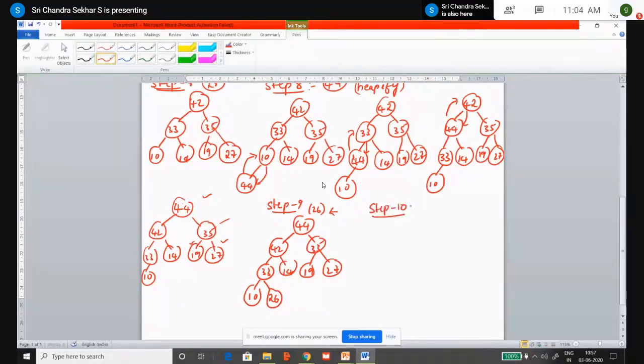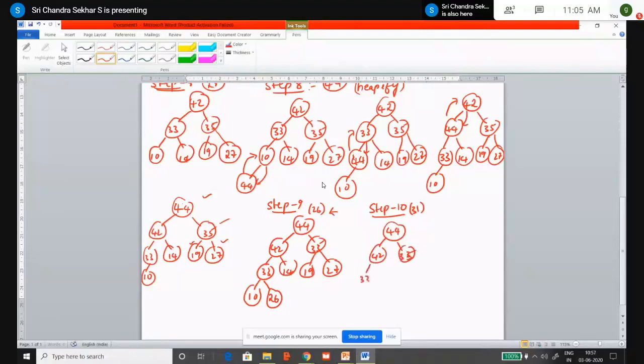The last element, which is nothing but 31. Right. So what you will do? You copy it from step 9, 42 and it is 35.